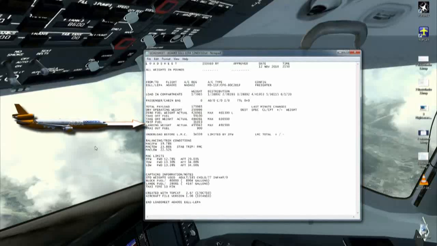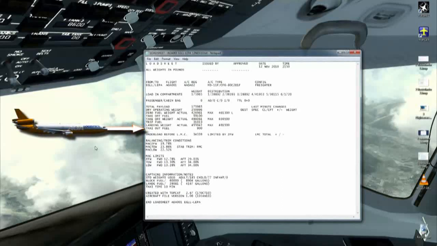31,019 pounds. Landing weight is estimated at 455,042 pounds, well within the limit. Taxi out fuel is 900 pounds. This added to our takeoff fuel gives us 60,000 pounds, which is the fuel that we will load once we